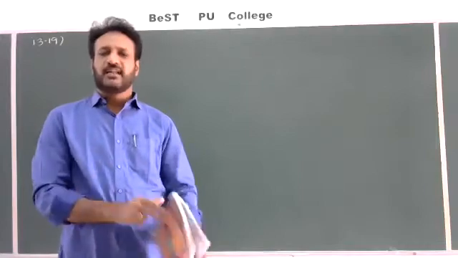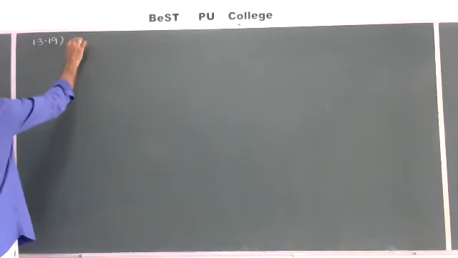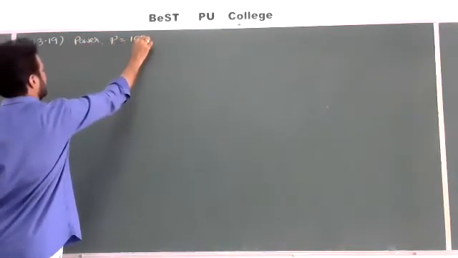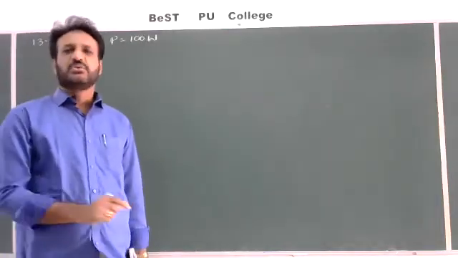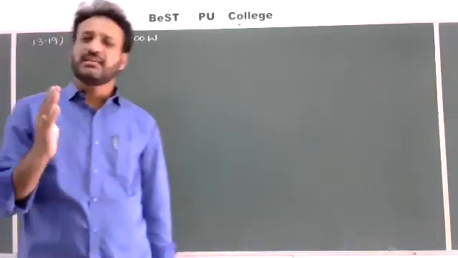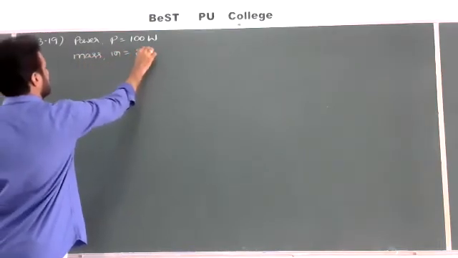For example, one electric bulb is given to you, and the power of the bulb is 100 watt. So power of the lamp P is equal to 100 watt. How long can you glow this bulb? How are we getting energy for the bulb? 2 kg of deuterium is fused. Whenever fusion takes place, some amount of energy is liberated. So here the mass of deuterium M is equal to 2 kilograms.